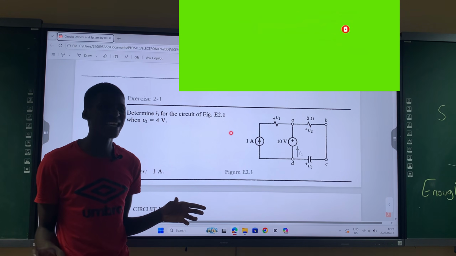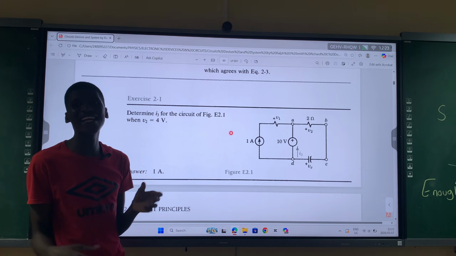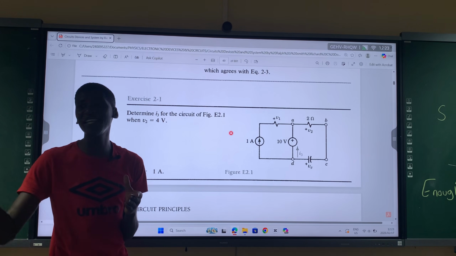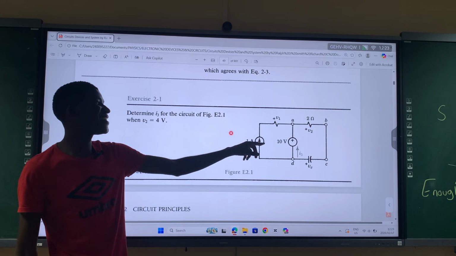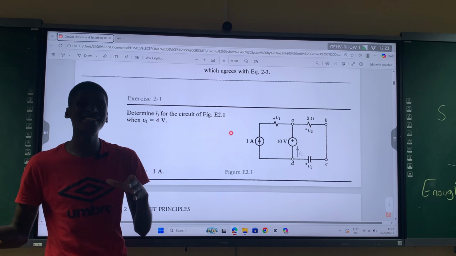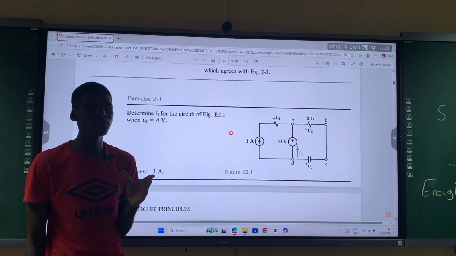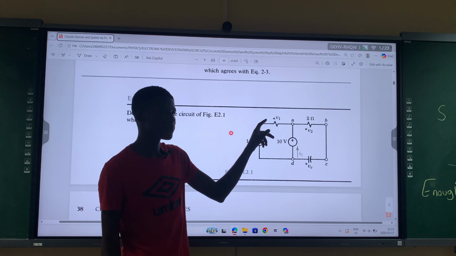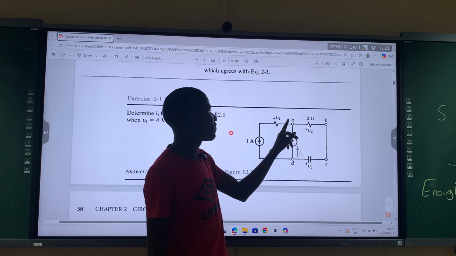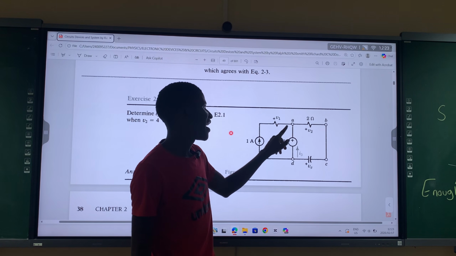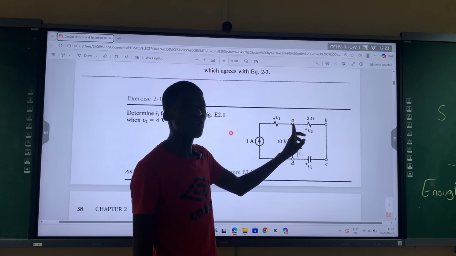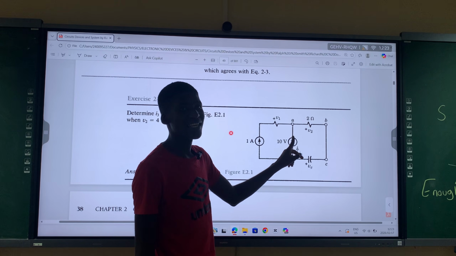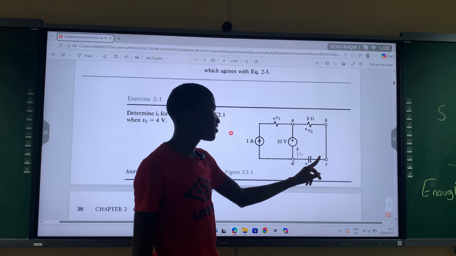What is the difference? The current source is kind of just telling us how much current is flowing here. But basically all current is made from a voltage. But when you just indicate the current source, we are just indicating this is the amount of current passing through. So here we have a current of 1 ampere. And then when we move here, we've got voltage V1, and we have node A. This is node A. It must be made of 3 parts at least. So node A, node B, node C, node D.